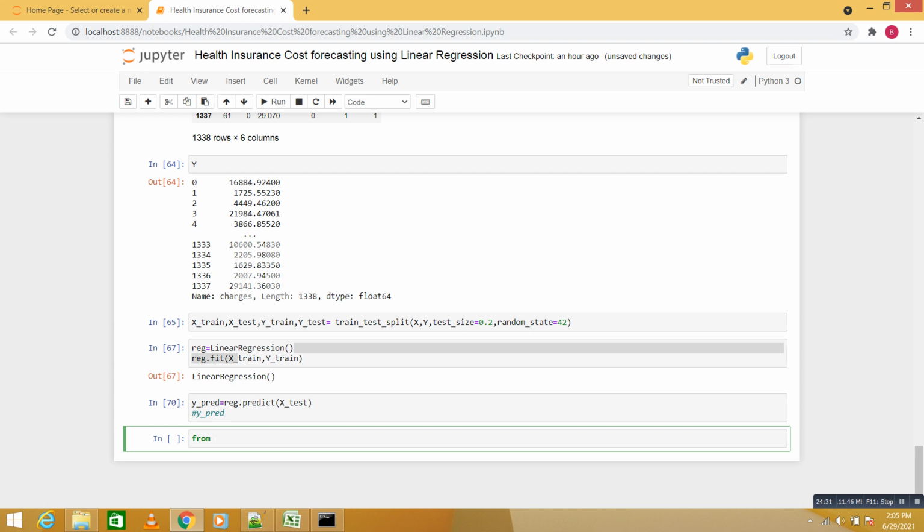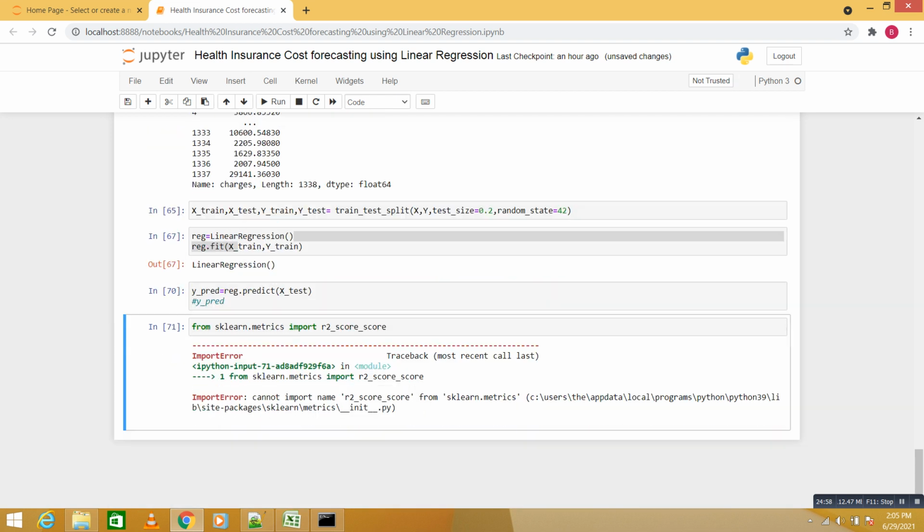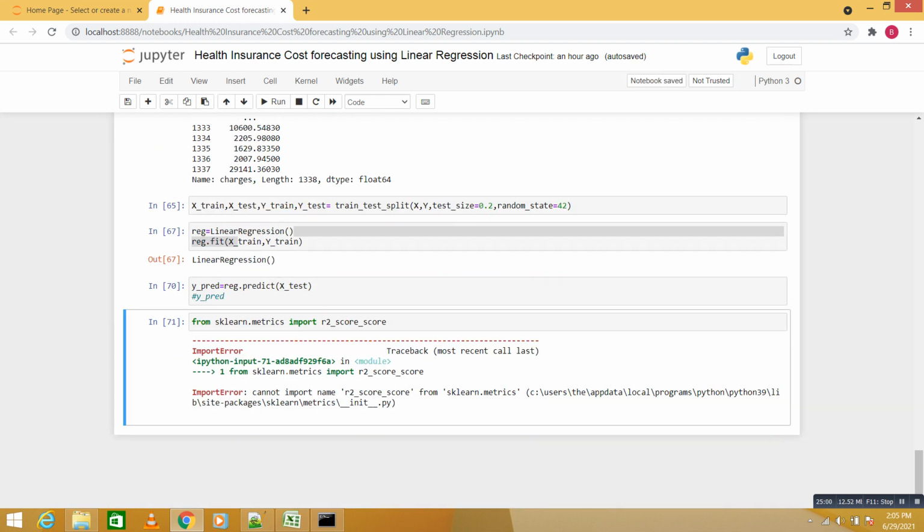From sklearn dot metrics import r2 score. Cannot import the name R square, okay. So we have imported our metrics, and now let's evaluate the metric.